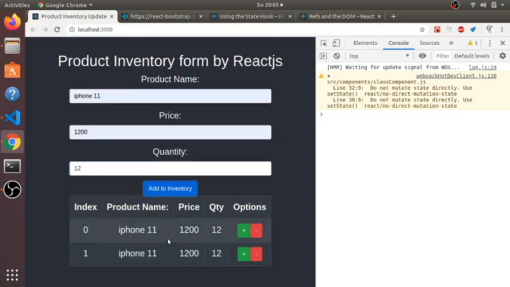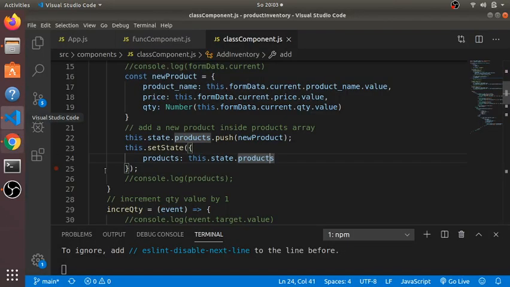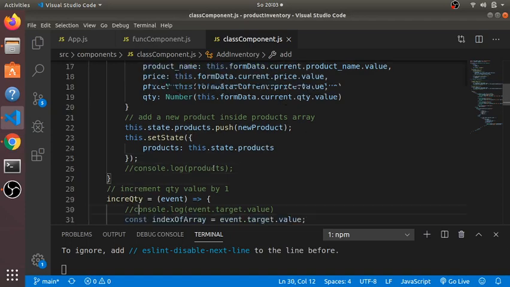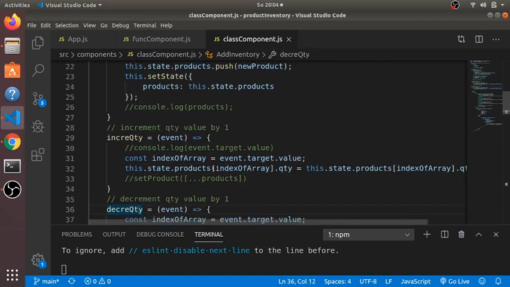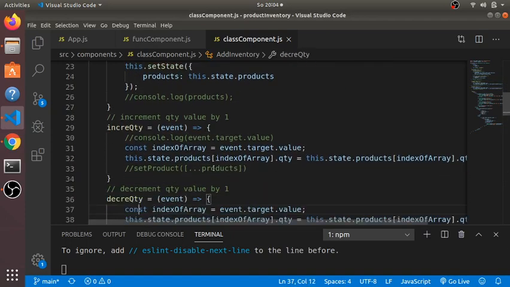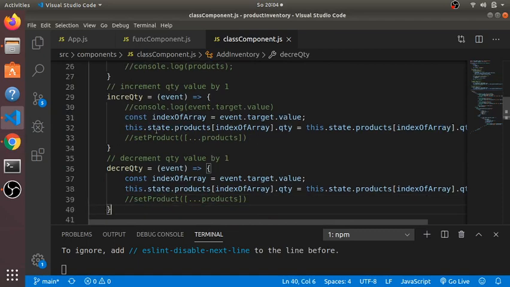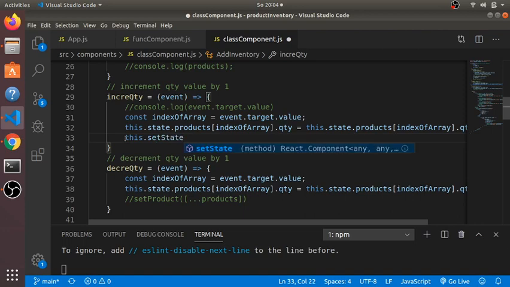So you can add different products, but now we'll see something different. Like if I click here, this value will be updated or changed. So how can we do this? Look at the bottom. Here you also need to call setState. So what we will do here, we don't need this, we just write this.setState,